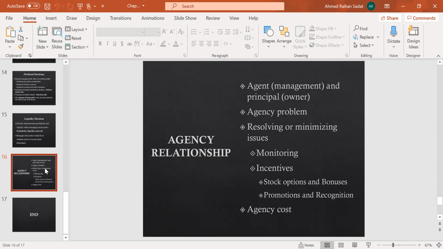What can cause this kind of problem? For example, let's say there are two profitable projects, project A and project B. In project A, the profit percentage is 10%. In project B, the profitability is 12%. So one is 10%, one is 12%. And you can understand, if the company goes for the 12% one, the risk will be higher. But if the company goes for the 10% one, the risk will logically be a bit lower, because the risk and return relationship is universal.